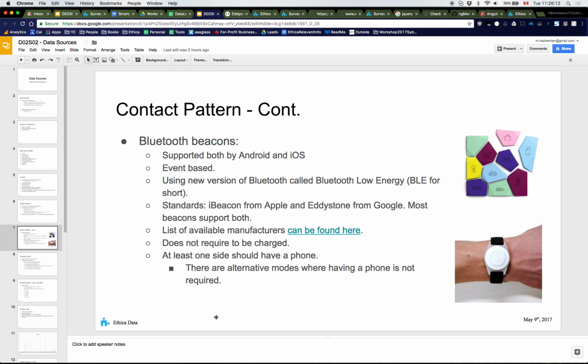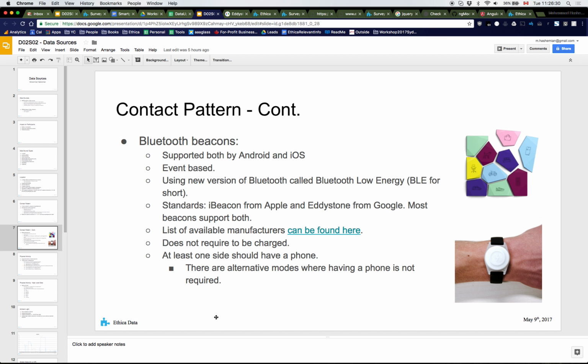and their phone. With Ethica, would they have to break that connection in order to measure a second coming together of those people, or would you poll regularly to see whether they're approximately? No, so what happens is that, one thing before I answer your question is that I